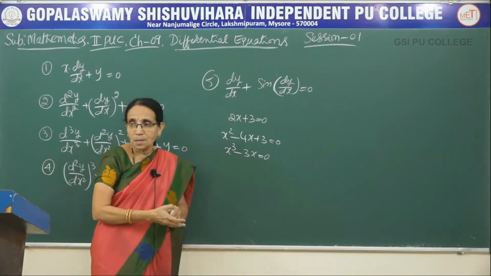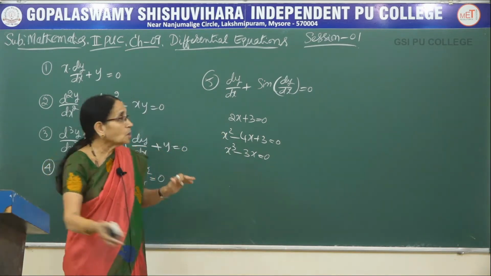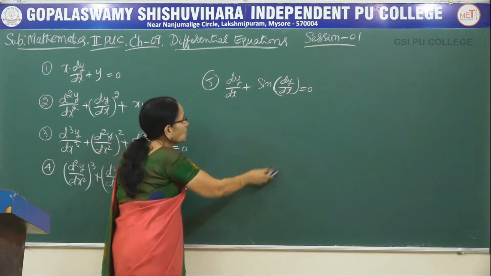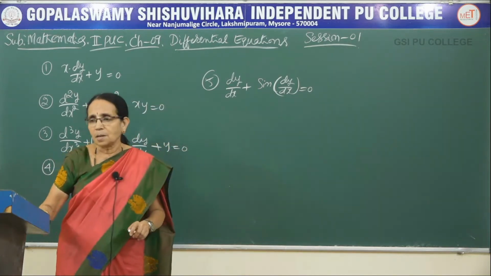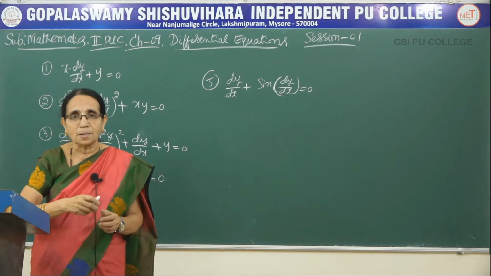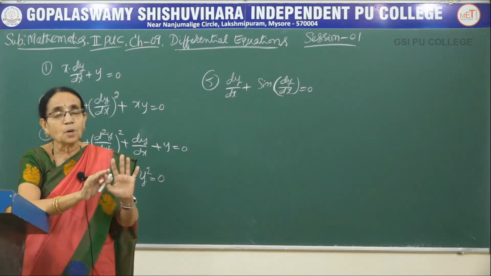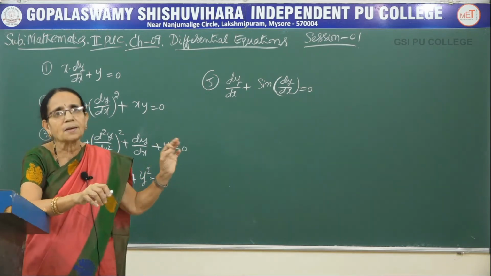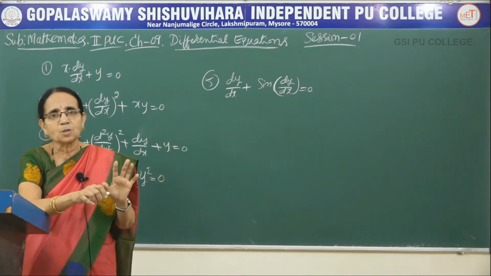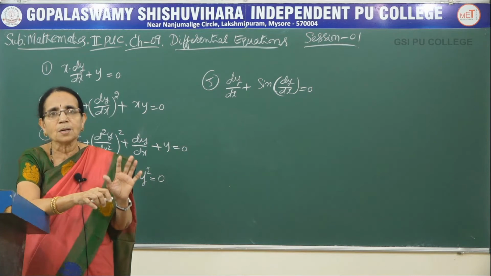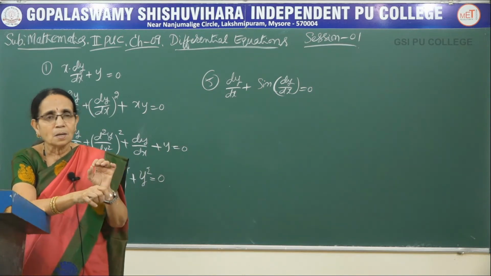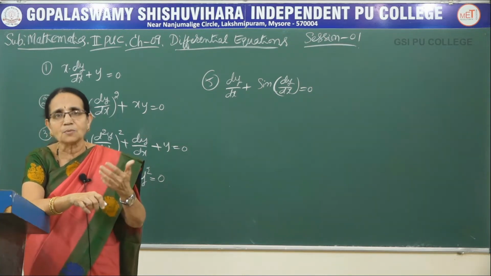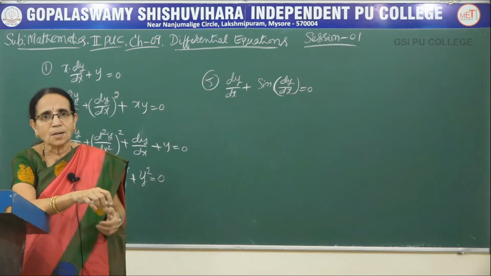Now, the word degree you are familiar with. Now, what do you mean by the order here? Both of them do not have to be calculated. Here, there is no need to do any calculation. Only by looking at the equation, you can directly write the answer. One mark for each one: one mark for order, one mark for degree. Now let us know the definition of the order of a differential equation.